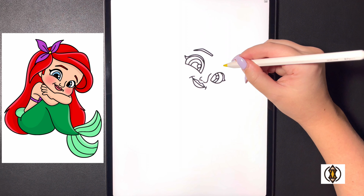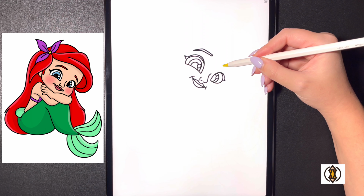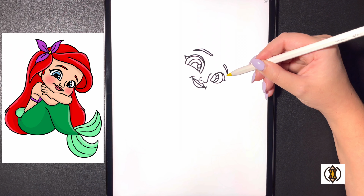Moving over towards the right now, we're going to draw in another straight line. On the bottom, we're going to draw a curved line that arches out and down towards the right. And then coming up above that, we're going to curve this around, following that line, arching it and joining it